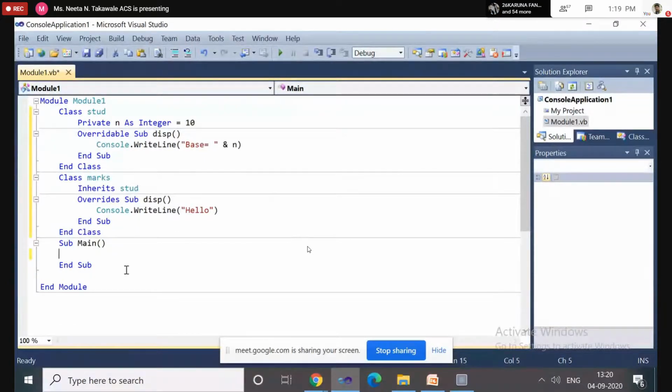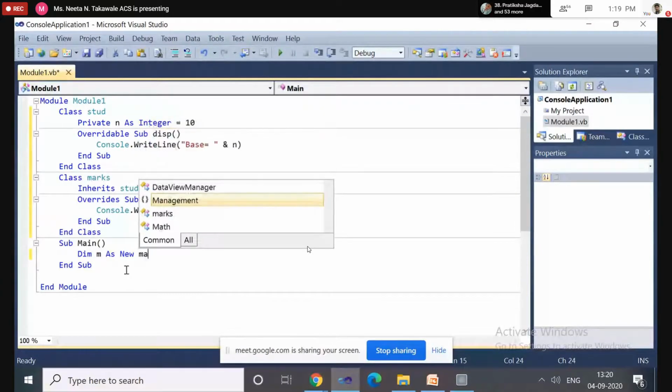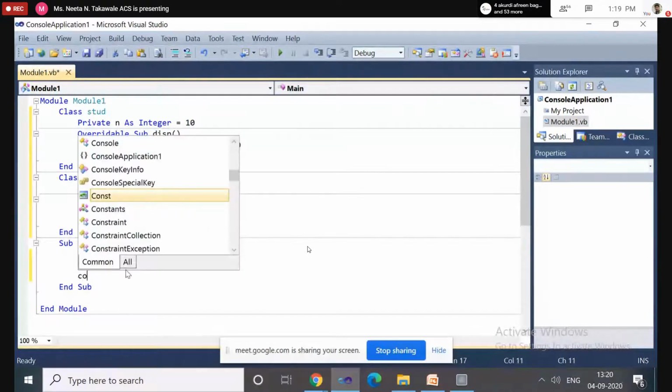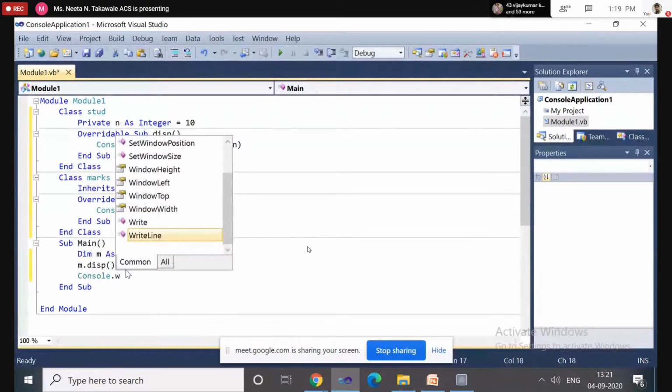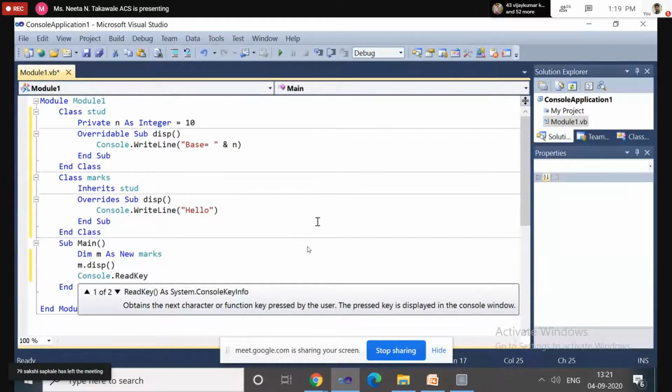Now we will create the object of marks. So m dot display. Now look at the output.